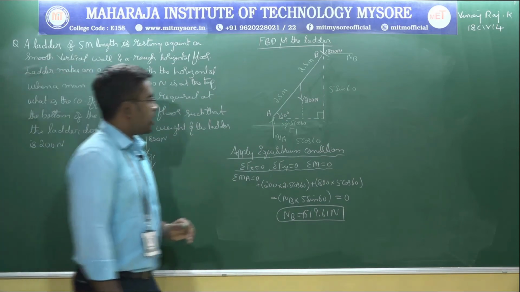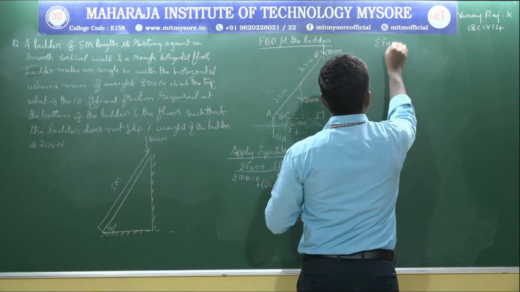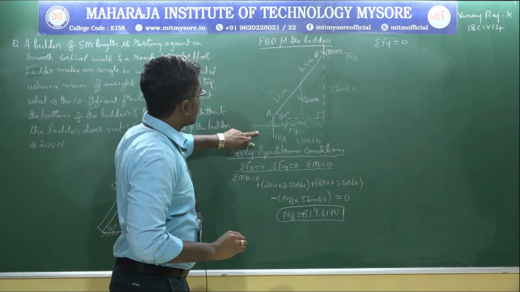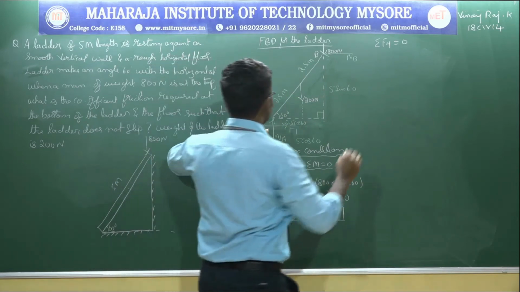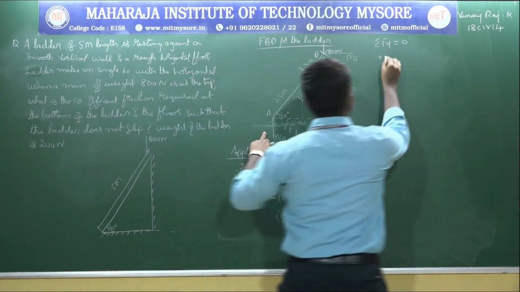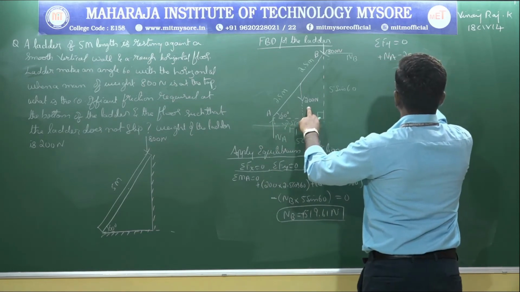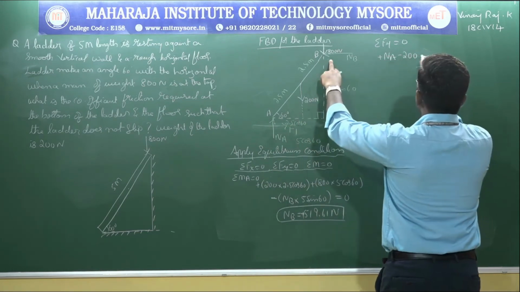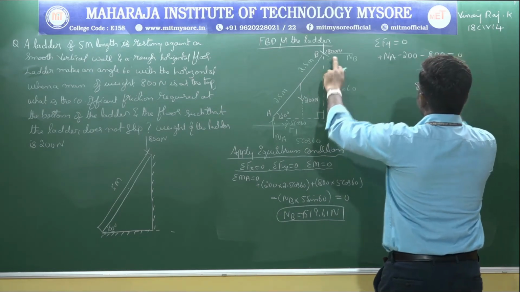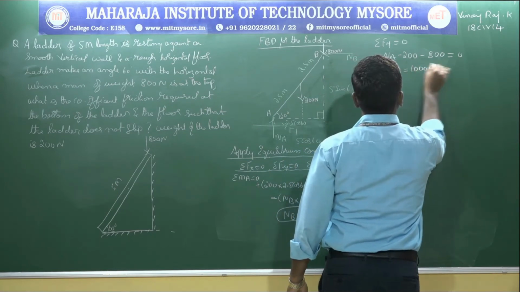In the same way, now I am going to apply the next equilibrium condition, that is summation of Fy is equal to 0. So if I apply here, there are 3 vertical forces. So this will be positive NA, and this is negative, that is minus 200, and it is also negative, that is minus 800, is equal to 0, and NA value here will be equal to 1000 Newton,